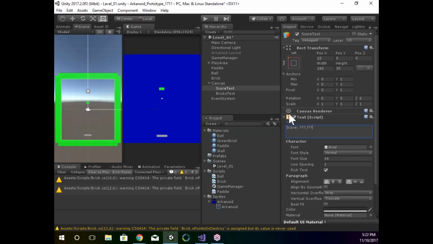This also gives me, as a designer, a good heads up as far as where my UI would look. Now later on, when you start dealing with things like localization and internationalization,